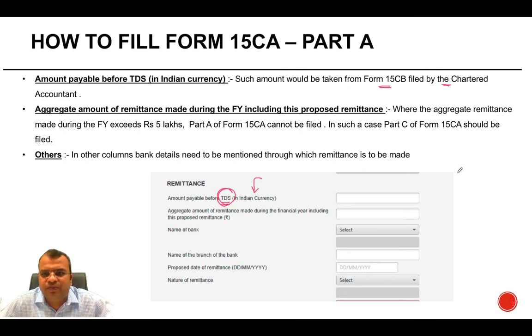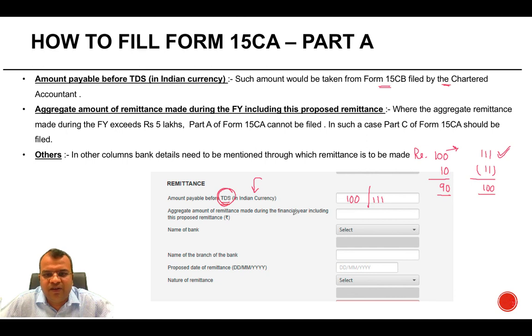So suppose rupees 100 is the invoice amount, 10 is the TDS, 90 is the payment, you will mention 100 here. But if the 100 invoice amount has to be grossed up in such a manner that the grossed up amount is 111, TDS is 11, and the net payable is 100, then 111 is what needs to be mentioned here.